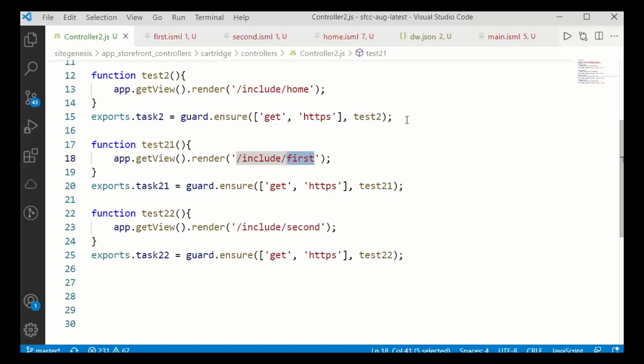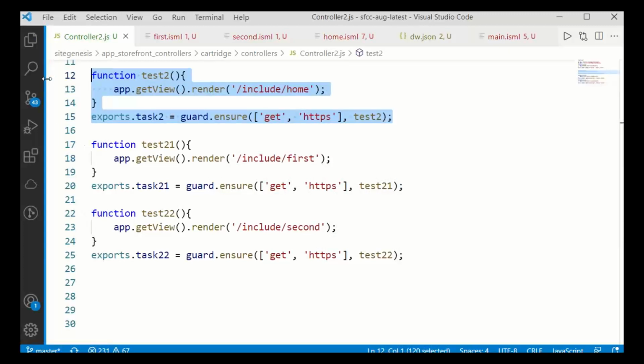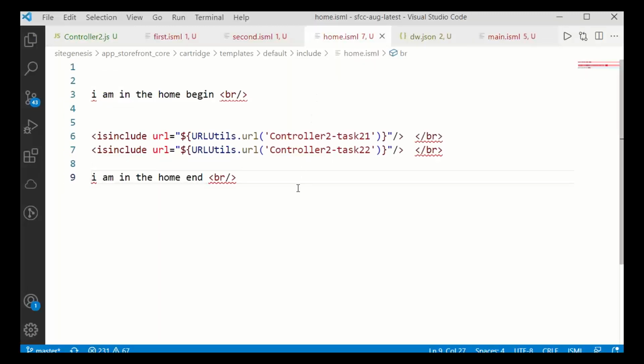So we are giving a call to home through task 2. Task 2 assigned to test 2. Test 2 forwarding to home. Now go to the home.isml. In the home.isml, we are giving a call to task 2 1 and task 2 2.